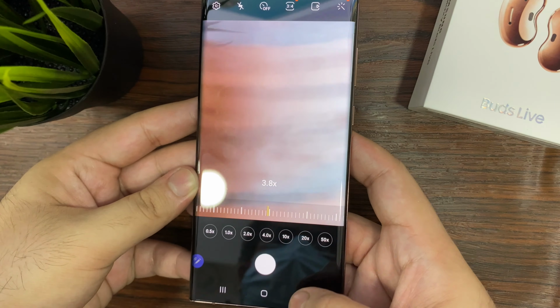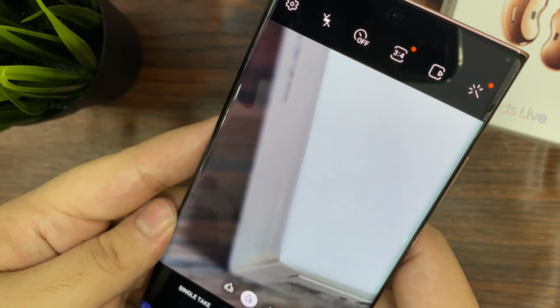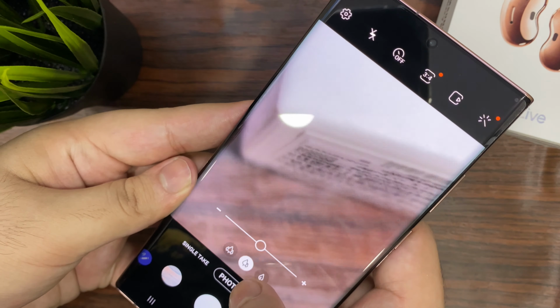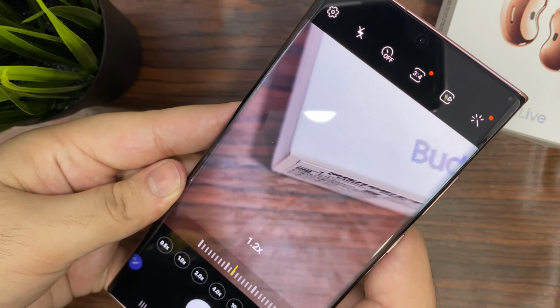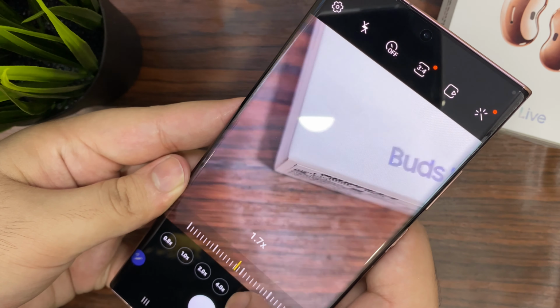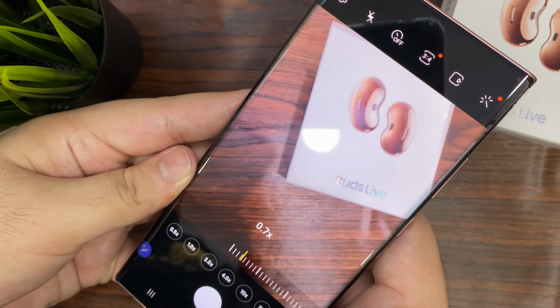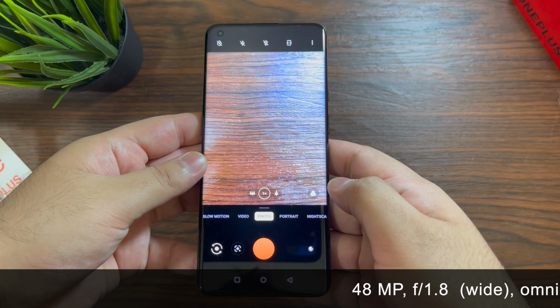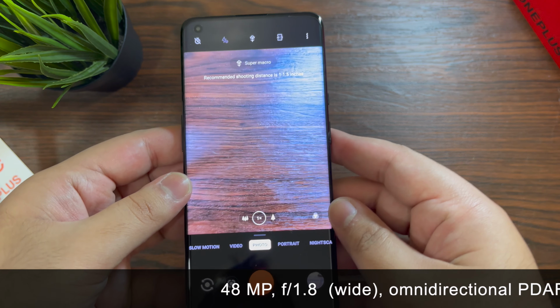It has practically got all the features which you could expect, right from the normal photo, to a manual mode, to a portrait. Everything is there, especially the single take which Samsung has, which captures everything with one click. That is an ultra wide, telephoto as well as a normal.